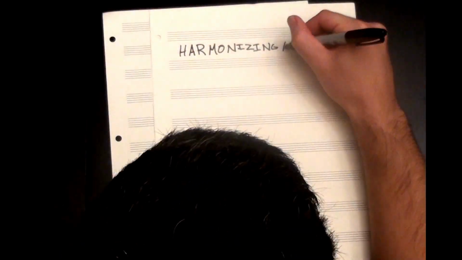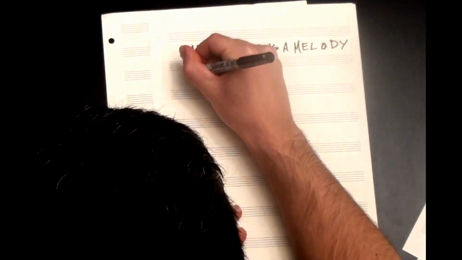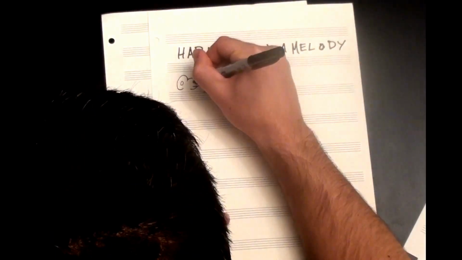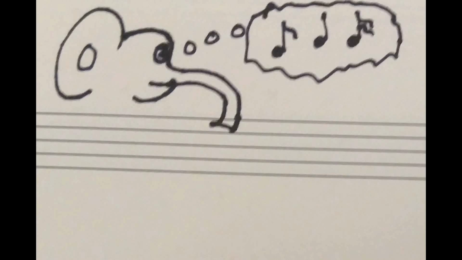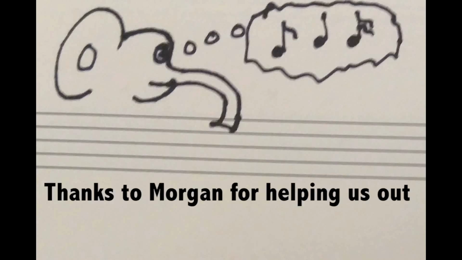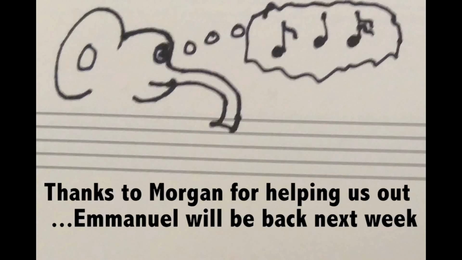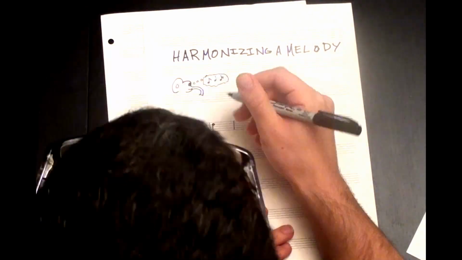Today we're going to talk about harmonizing a melody. Oftentimes in composition, you'll devise a melody first and then need to find some cool chords to put underneath it. There are many ways to do this, and as long as the end result sounds good to you, that's great. But the approach we're going to talk about today is a simple way to quickly produce interesting and clever progressions. Because I find this sort of thing easiest to do with an example, let's harmonize this melody.